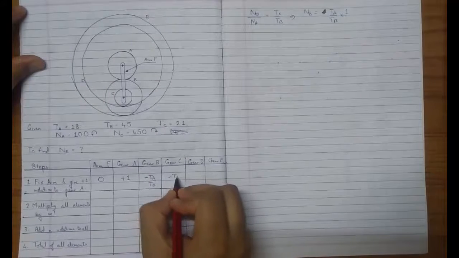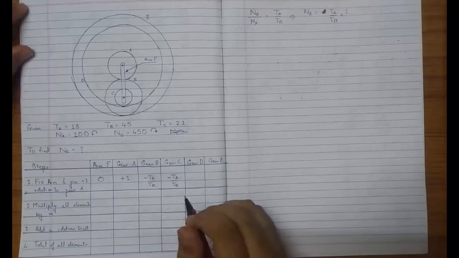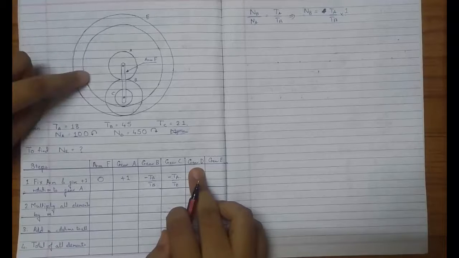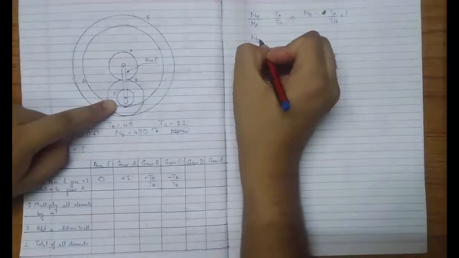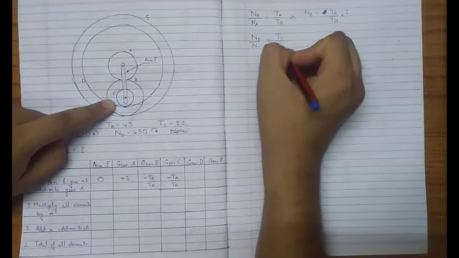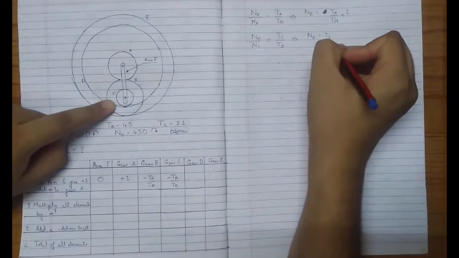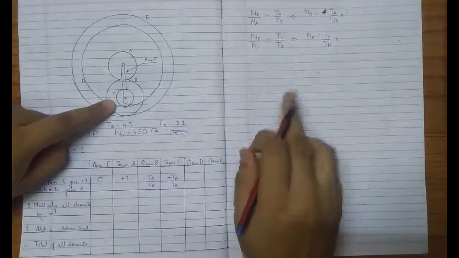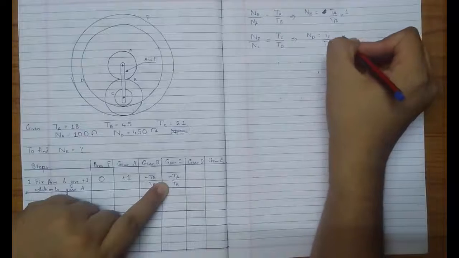So it will have the same RPM because the shaft can have only one RPM. Okay, so gear D is meshed with gear C. So N of D upon N of C is equal to TC upon TD, implies N of D is equal to TC upon TD into N of C. What is N of C? RPM of C minus TA upon TB.